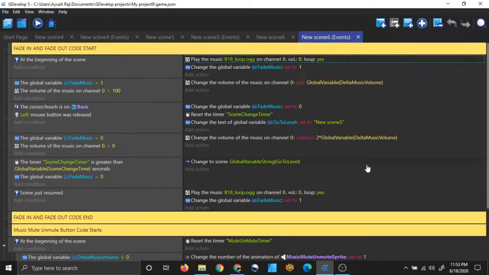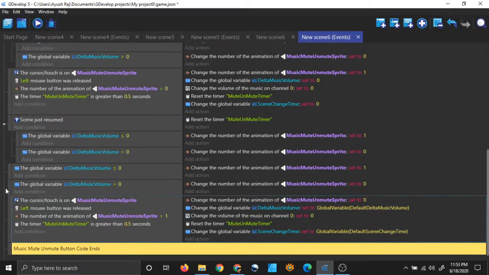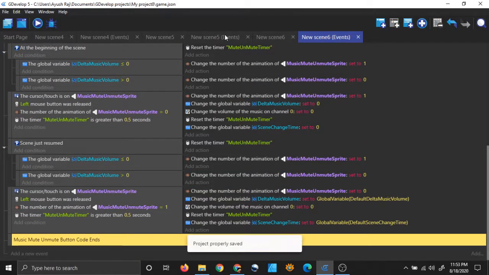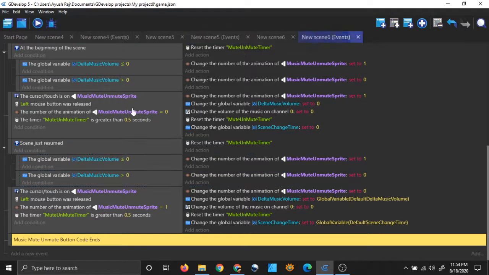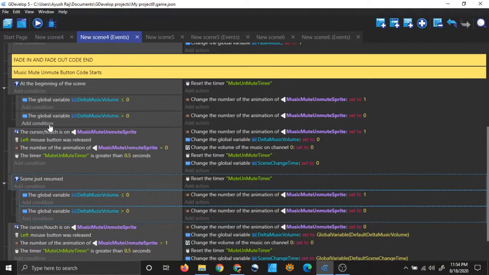It's adding some extra copies of some extra code here. Yeah, that's looking good.